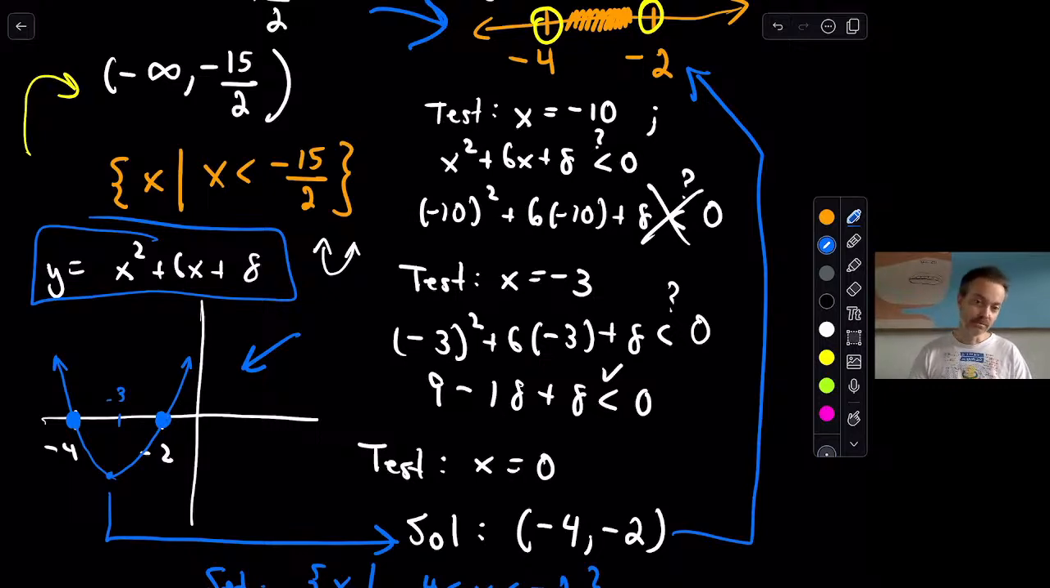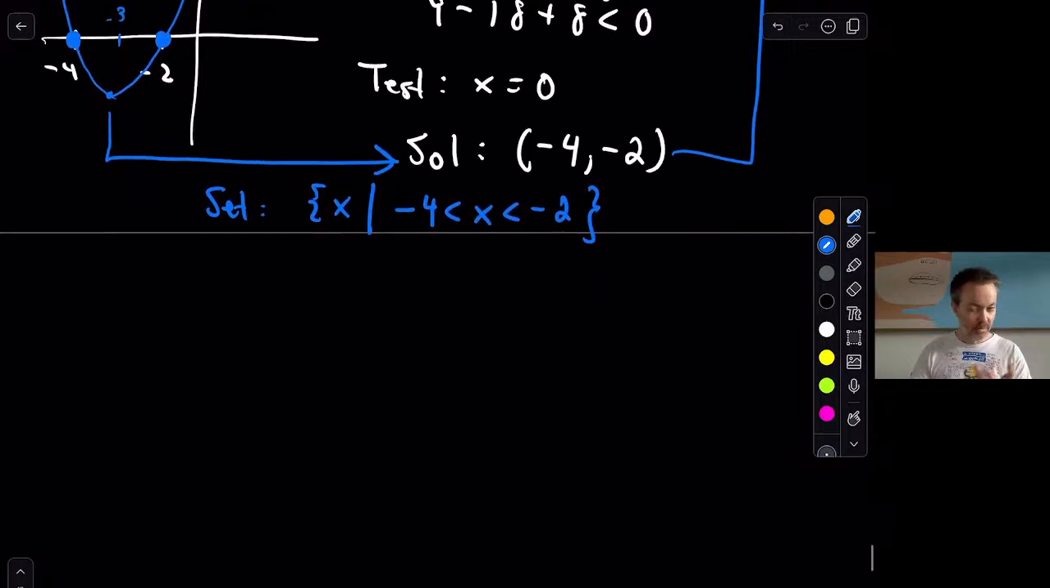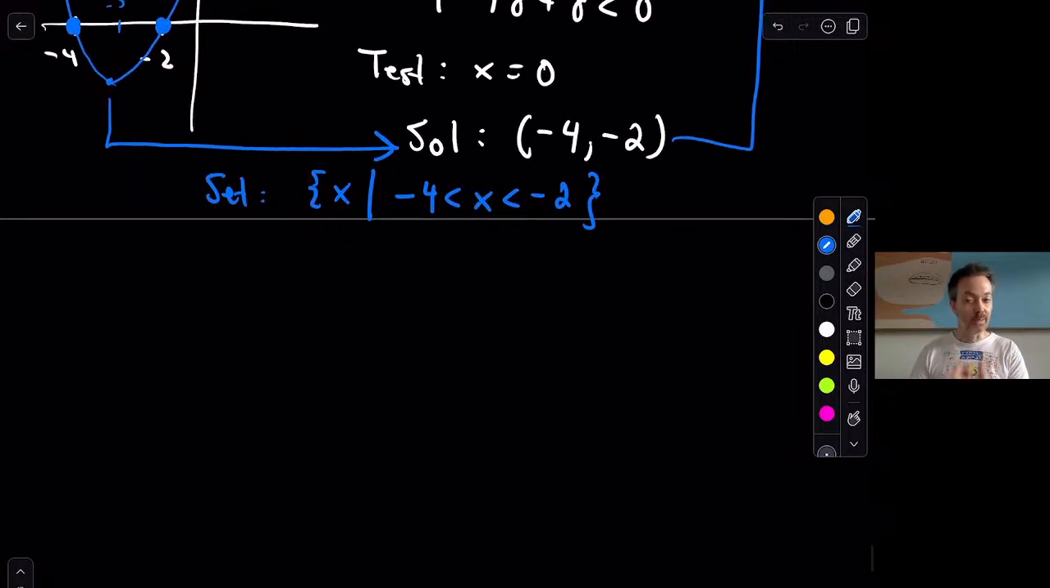So it's a very minor distinction. You have to keep in mind what we are doing. Are we making a graph, or are we shading numbers that satisfy an inequality? Those are two very separate questions. You can use the graph to answer it, but